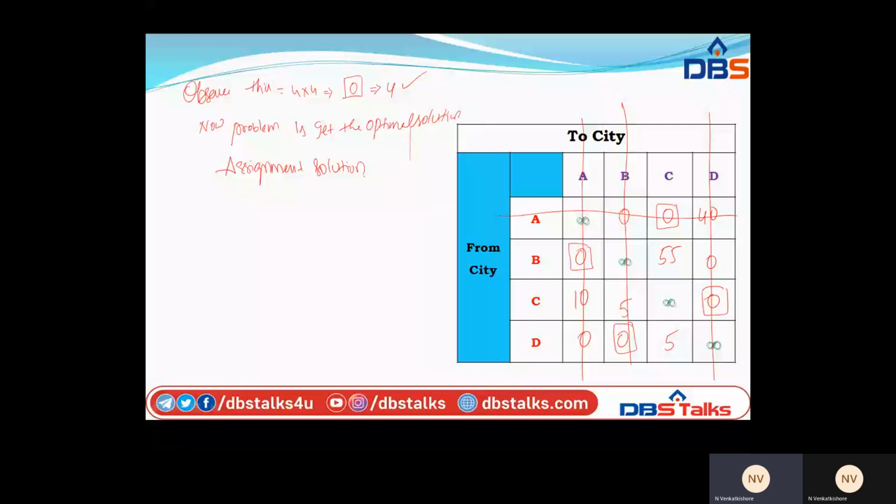What is the traveling salesman condition? Here, what we need is to start from A and come back to A. The first condition is that we start from the home city and have to come back to the home city. And the second condition is that it has to cover all the cities, exactly one. Exactly one. All cities. So let us check it now.